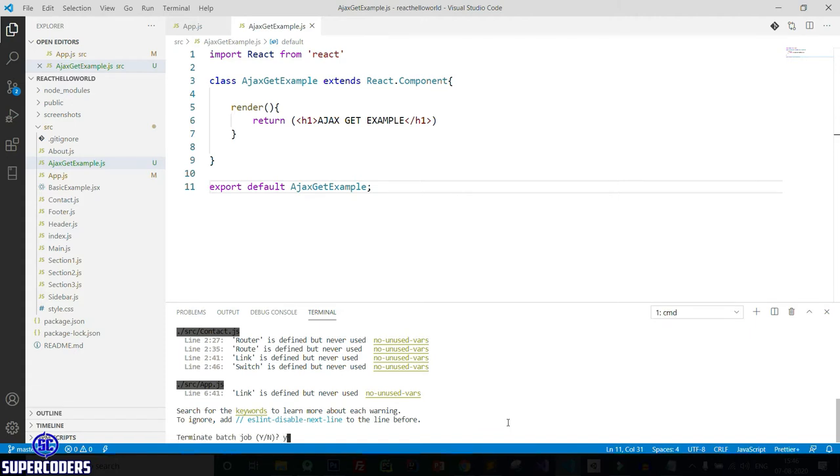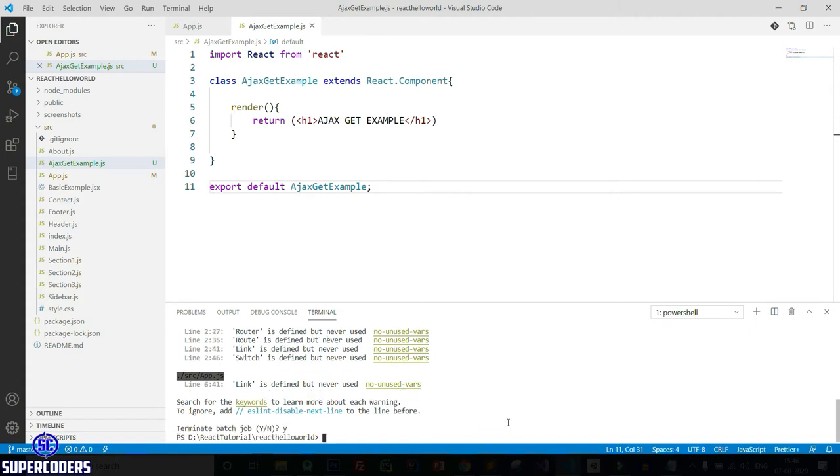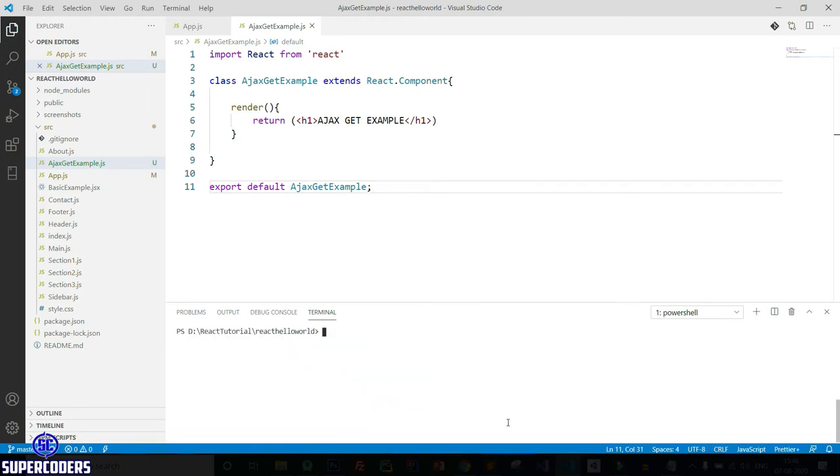Type yes. Now first clear it, then paste the command. Now you can see it's installing Axios. I am using Axios for making Ajax requests in React.js, which is simple and easy to use. Wait for the installation to complete.